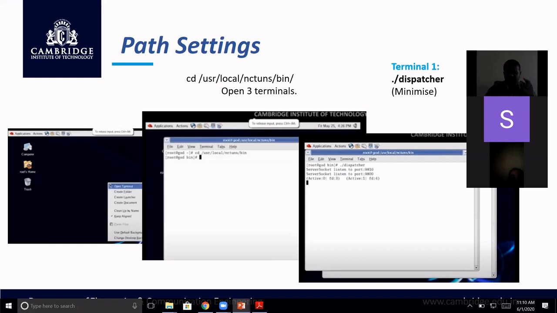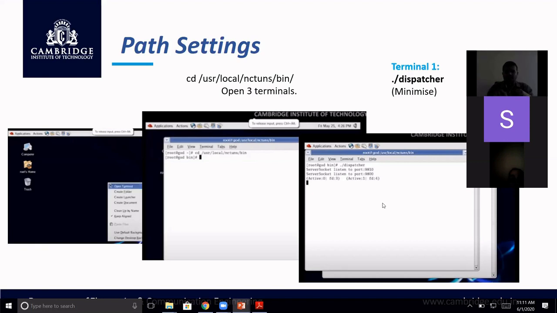What is the dispatcher doing? The dispatcher is the one which works behind the nctns simulator, which gives the coordination between the nctns tool and the coordinator log. Why? Say for example you have two hosts, meaning two computers. These two computers want to talk to each other through a router or a hub. In that case, one simulates some data and the other receives that data. To do all those things, the dispatcher is going to help.